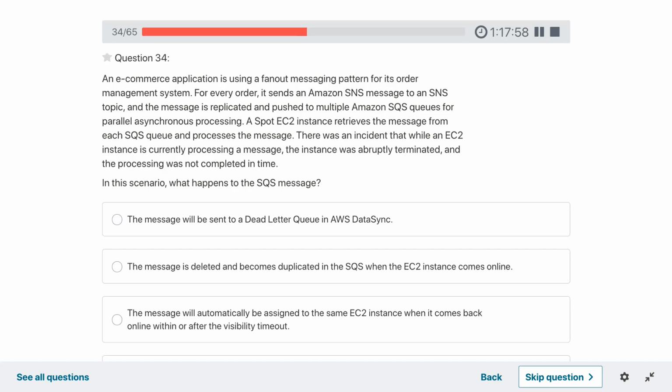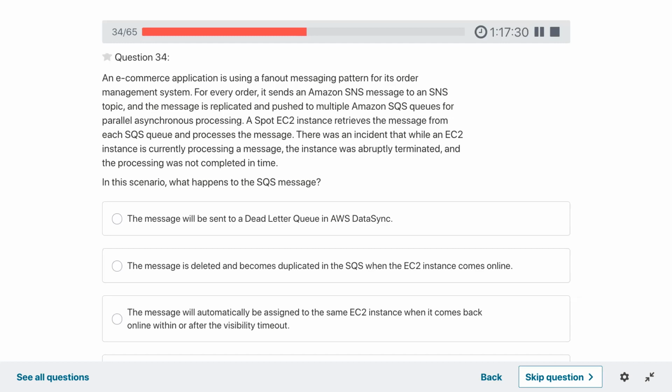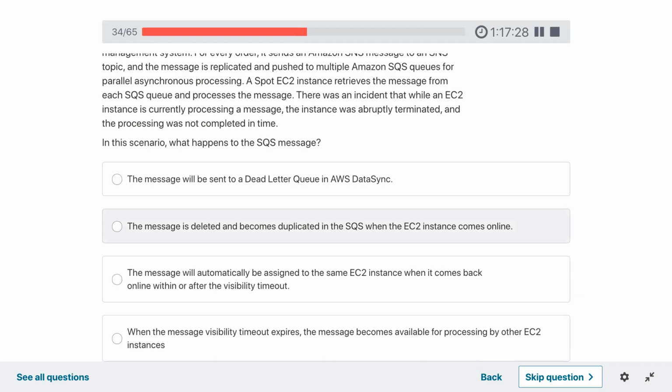A Spot EC2 instance retrieves the message from the SQS queue and processes the message. There was an incident where, while an EC2 instance was processing a message, the instance was abruptly terminated and the processing was not completed in time. In this scenario, what happens with the SQS message? The message will be sent to the dead letter queue.